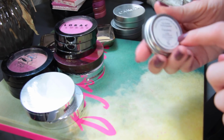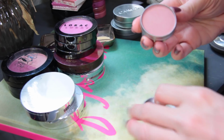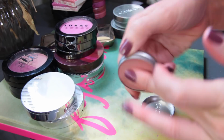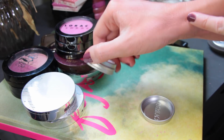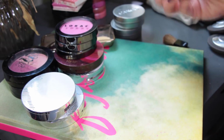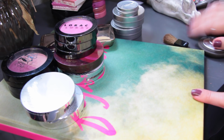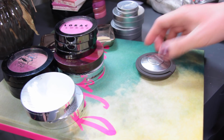Okay, and I think this was an eyeshadow in Pasadena, but I thought it was a pretty blush color, so I stuck it in my blushes. And it's just beautiful. Do you see that? It's like got a nice satin finish. So I'm gonna keep that. I guess I'm not getting rid of any of my cargo stuff. I think next are Becca blushes, and I know that I'm keeping all of these, but I'll show you the